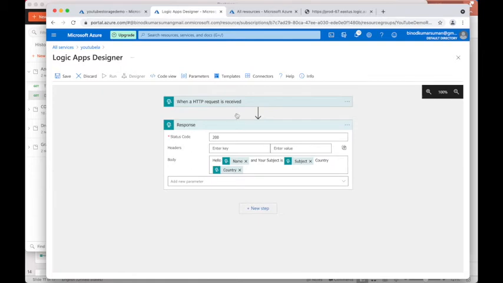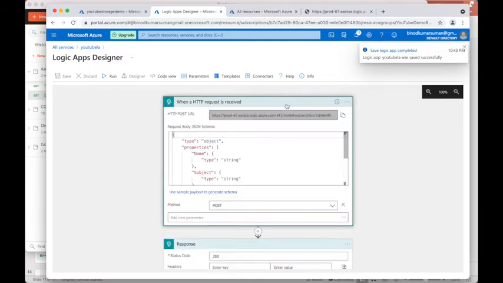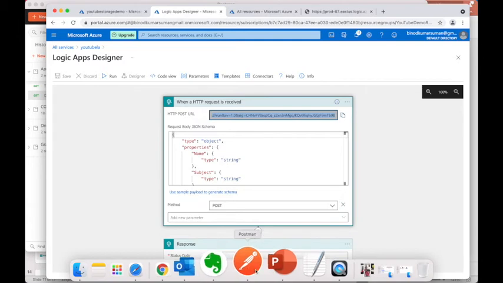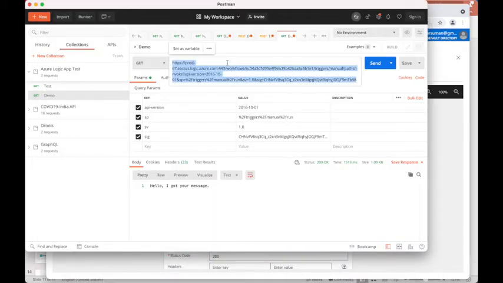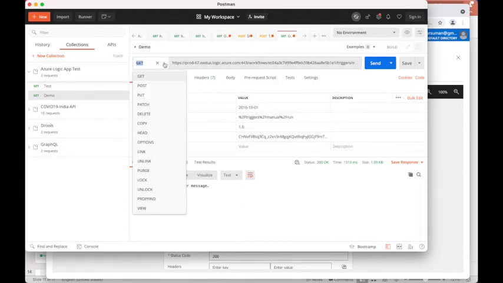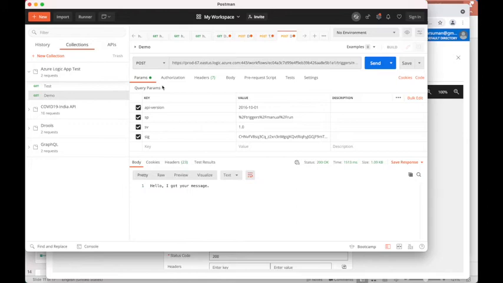Now just save it, and I want to test now. For the test, come here, copy. As this is a POST, we have to use Postman. Remove it, paste the new path, make the method POST. Go to the header, this is JSON, right?